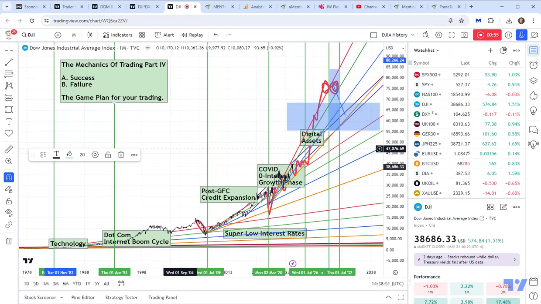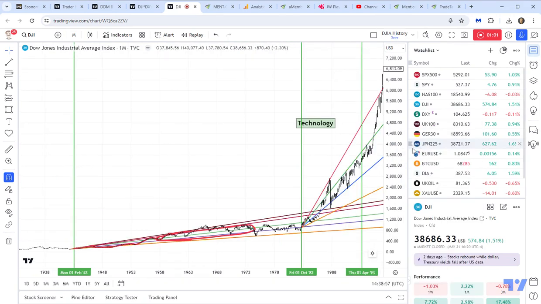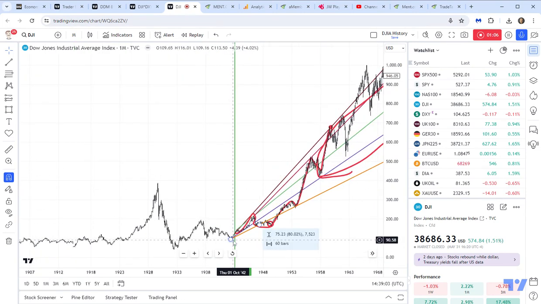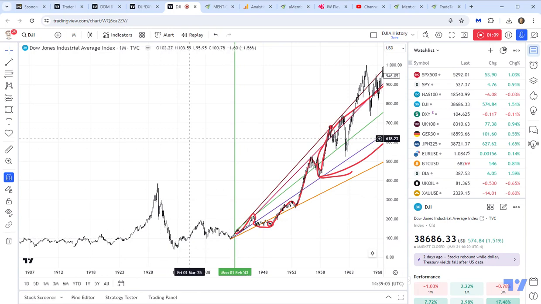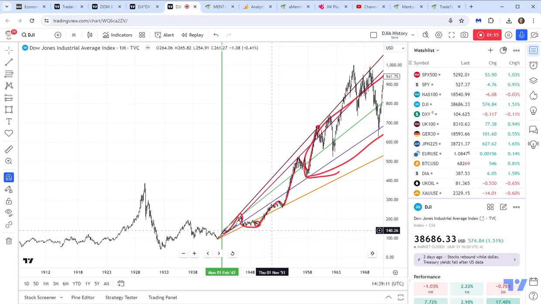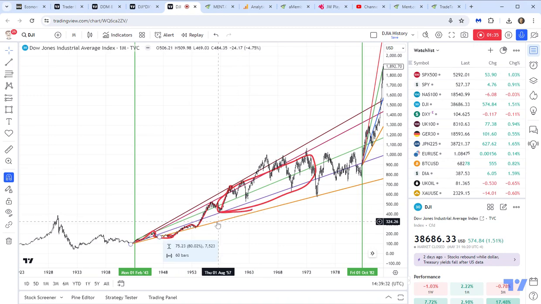So I had drawn this chart on the Dow Jones highlighting the rotation in the market from 1929, particularly from 1943 onward, the end of the war. And I did this for a video to my members, subscribers, that were related to the ongoing upward trend. And what happened after the war? Global tensions ended, soldiers came back, we started rebuilding society, rebuilding Japan, rebuilding Germany and Europe, and we ended up having a great growth period, as you can see here from these fans that I drew going forward, related to